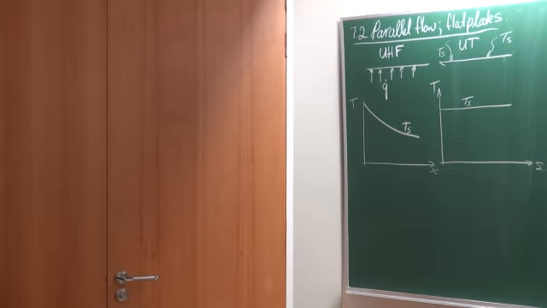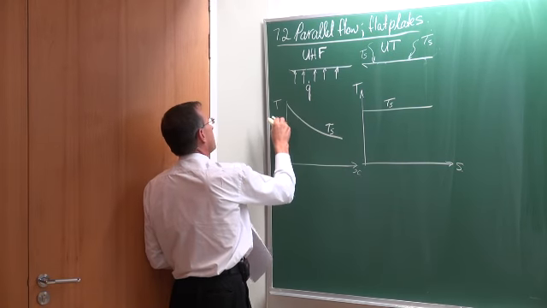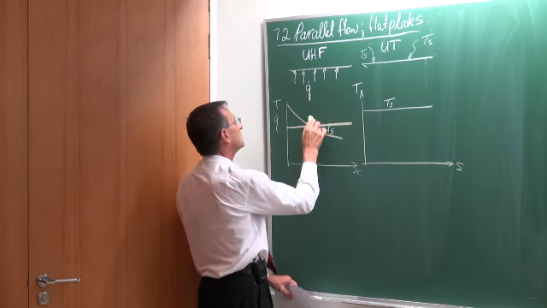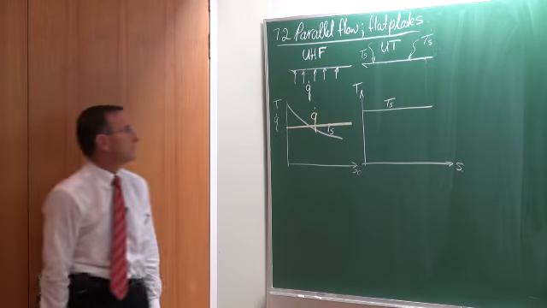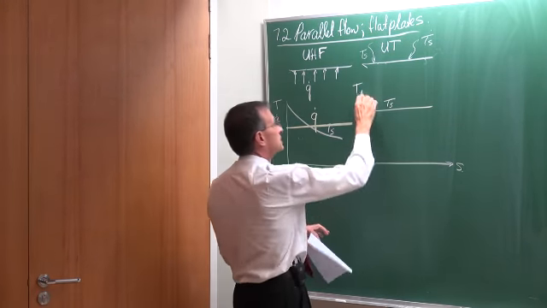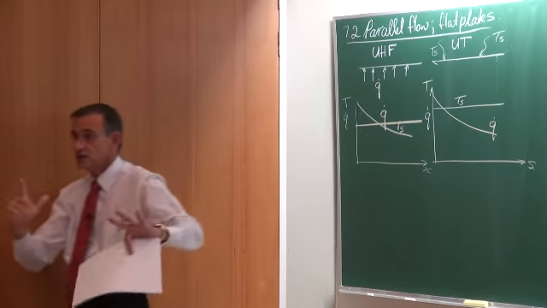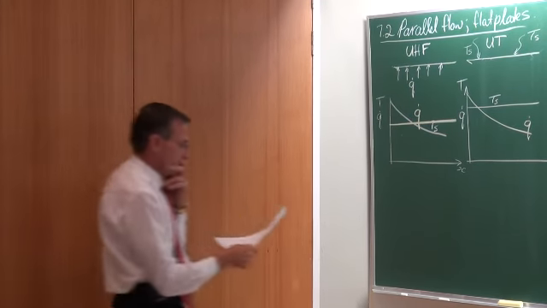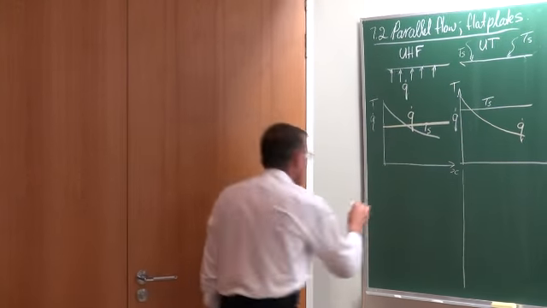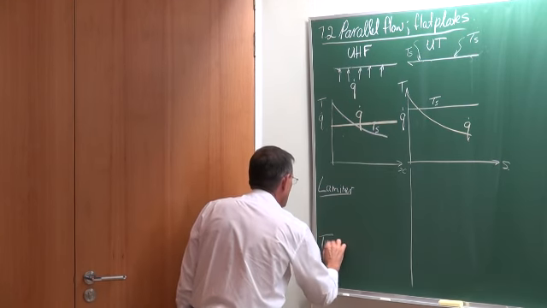Obviously, if we now also want to plot on the same graph the heat flux, then for this case it would be a constant, q. And if we also want to plot it here, then it is going to do maybe something like that. This is just schematic in terms of the principle. Now, if you go and look very carefully at the literature, and you look at laminar flow in comparison with turbulent flow,